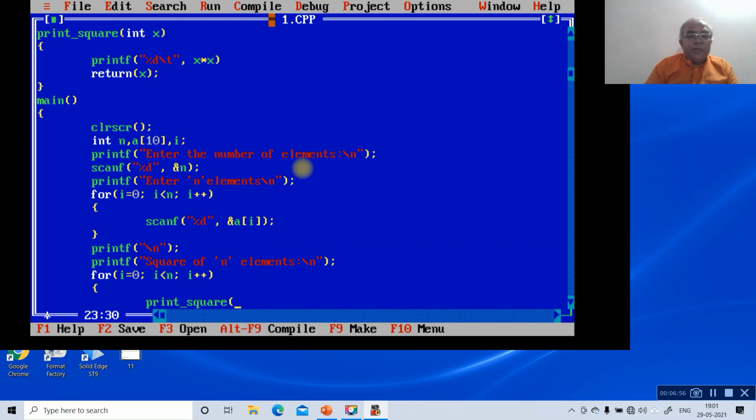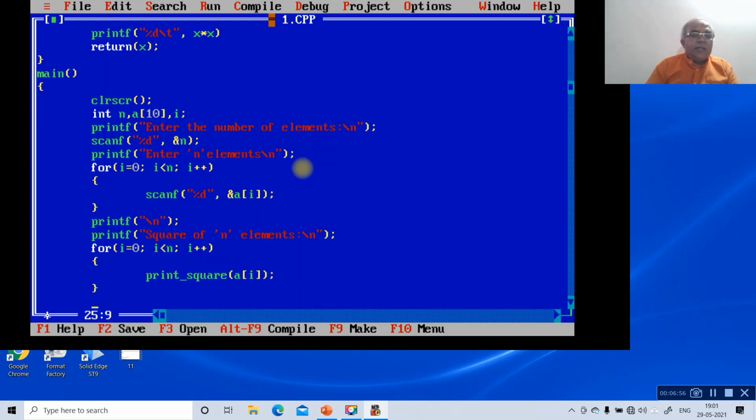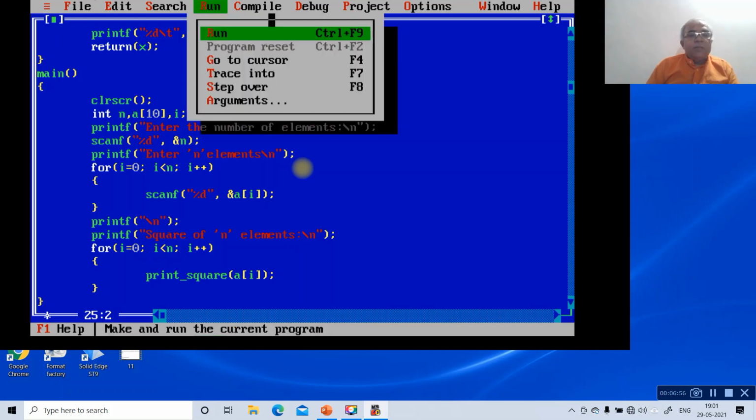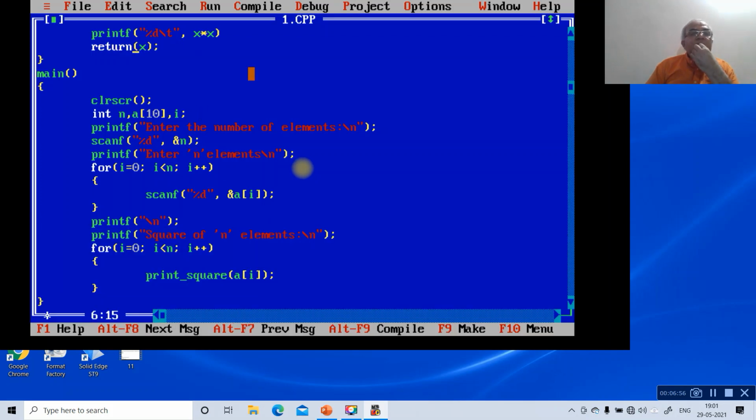Sorry, a[i], and then close this. So once you read this, there is a statement missing in the printf.